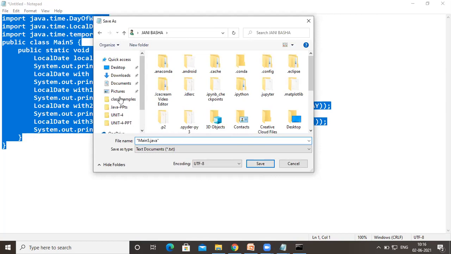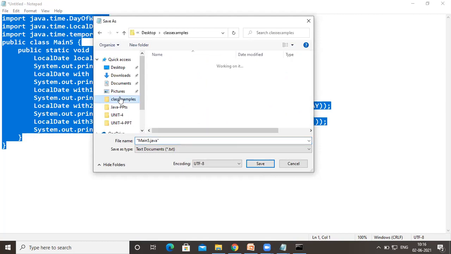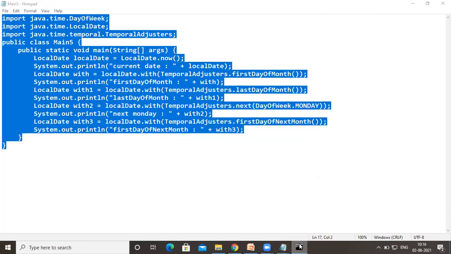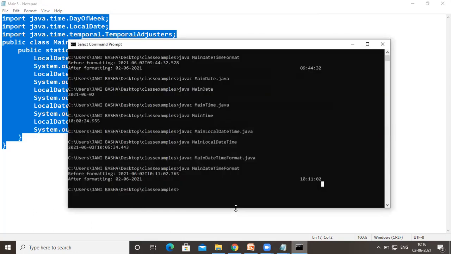So I'm storing all these things in the class examples folder because I have a folder with that name. Now I'm executing this, main5.java.